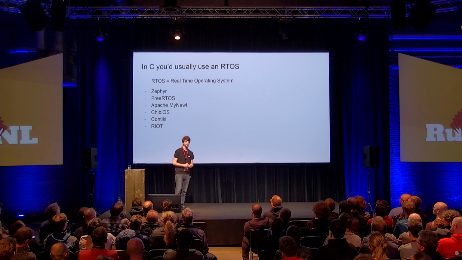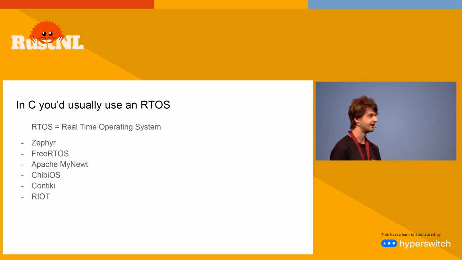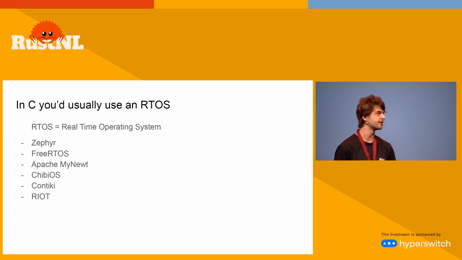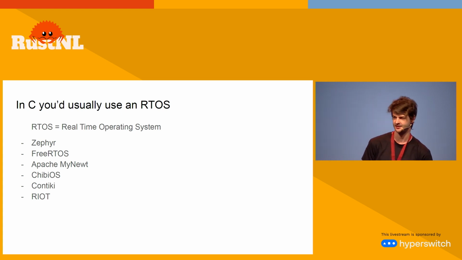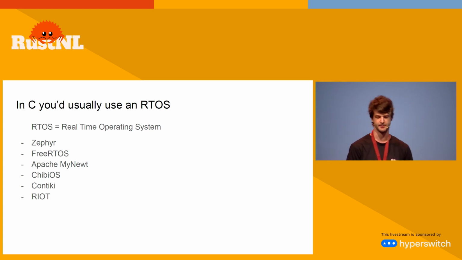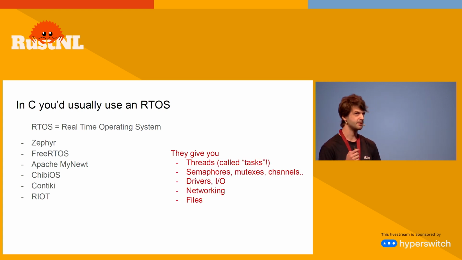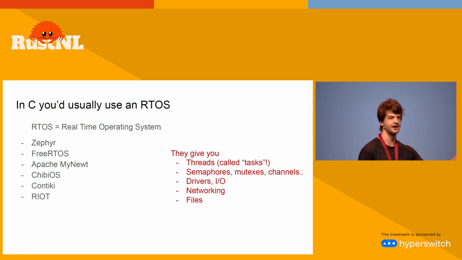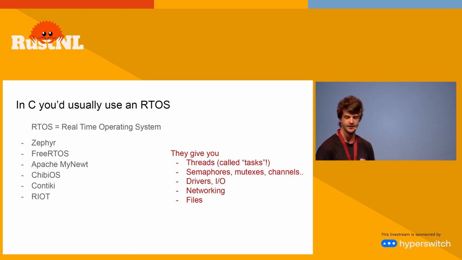So when you write firmware for a microcontroller in C, traditionally, you would use an RTOS, a real-time operating system. There's many of them. This is by no means an exhaustive list. There's a Wikipedia list, which is really intimidating. There's hundreds of them. Because as soon as you want to do moderately complex things, like handle data on a TCP connection at the same time you wait for a button press, at the same time you handle Bluetooth, if you have no OS, you have no threads. You have to make one main loop handling everything and write everything as a state machine manually, which is really annoying, scales really badly and composes really badly.